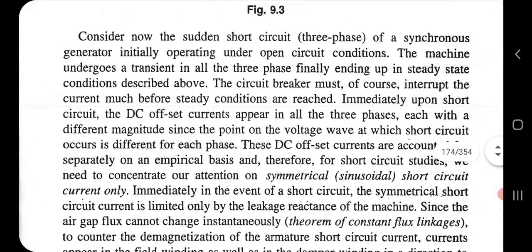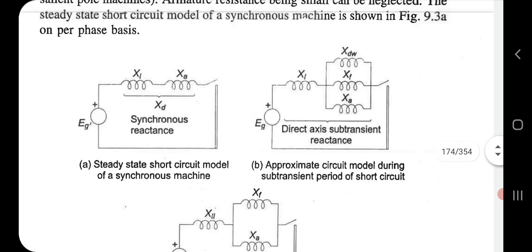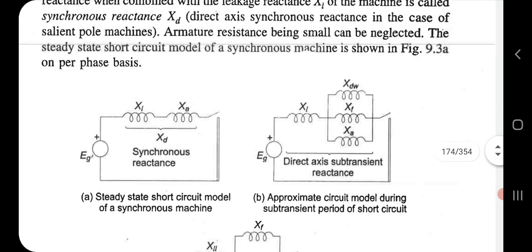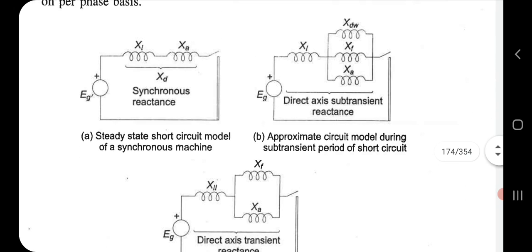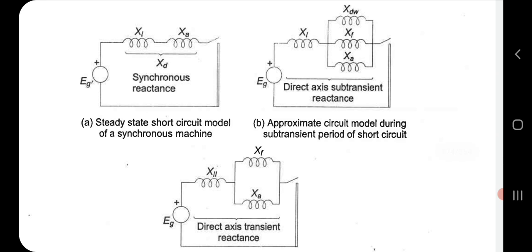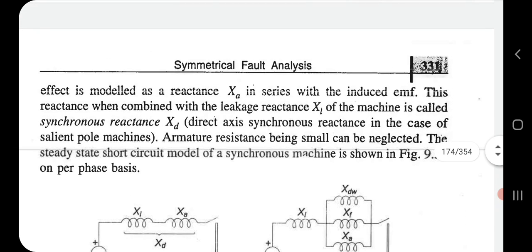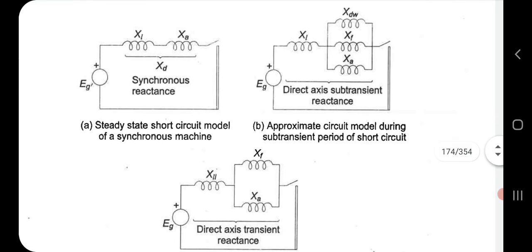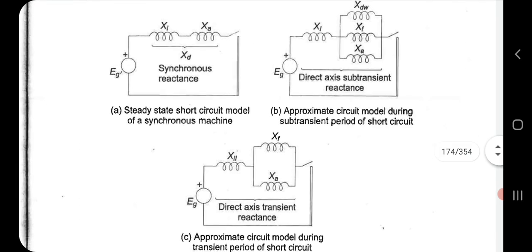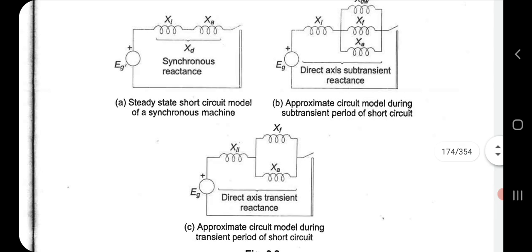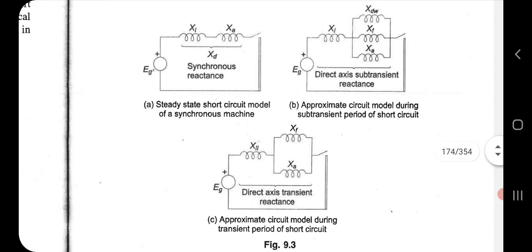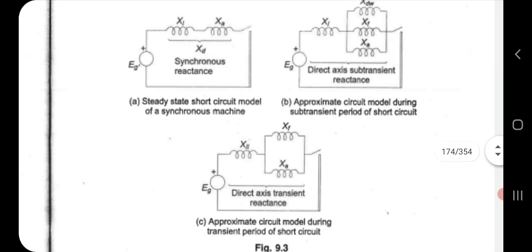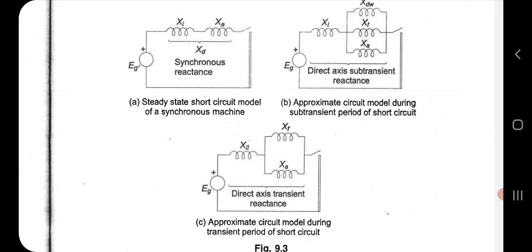Now let us see with this diagram what will happen. So this is the diagram. Now in this, there are many things, that is leakage reactance. When any transformer is there, for example, this is a transformer circuit diagram. We have taken a transformer circuit diagram. In this, if you see the first one, that is 9.3a, the steady state short